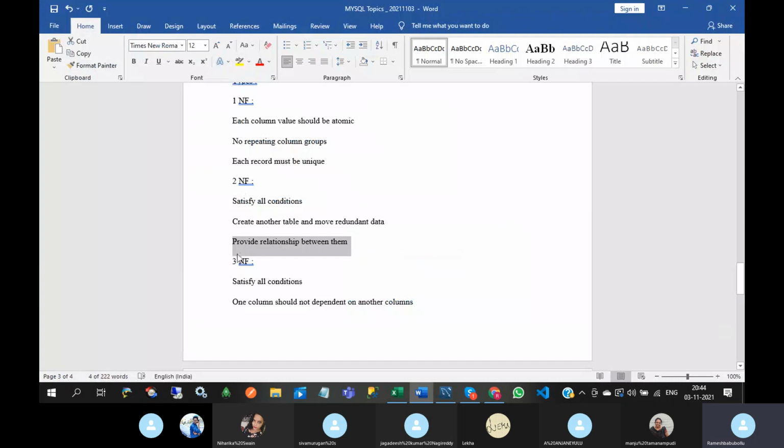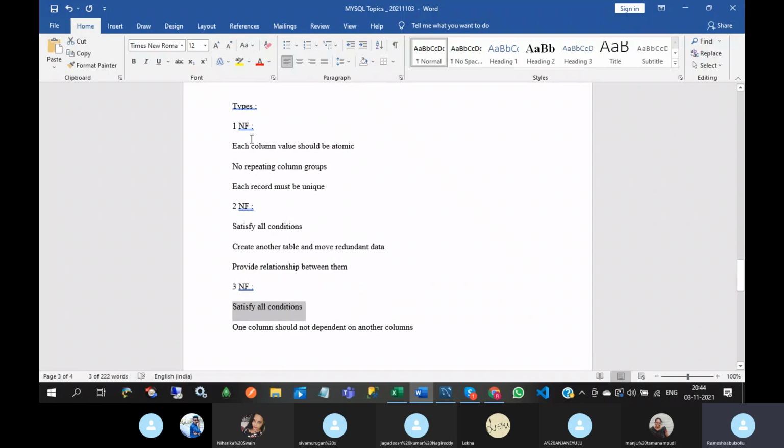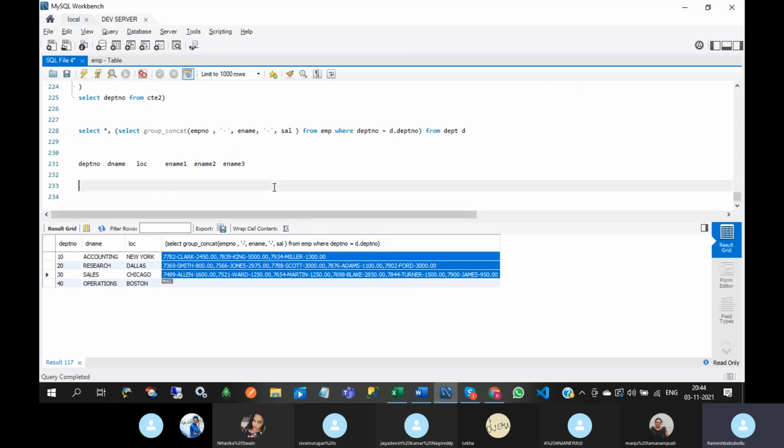That is the second last point, provide relationship between them. And the third one: satisfy all the conditions in first and second normal form, and one column should not be dependent on another column.